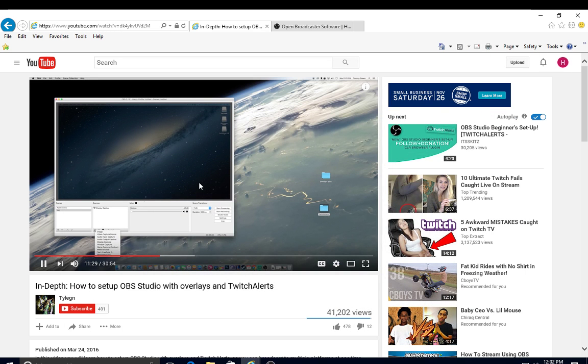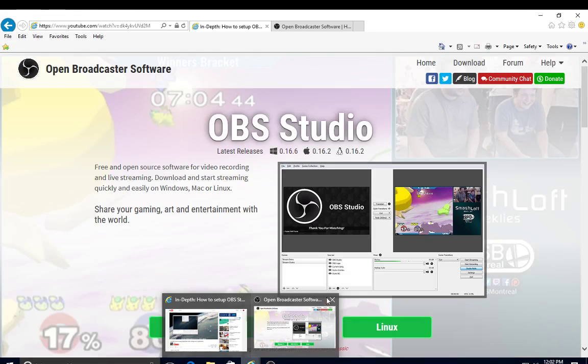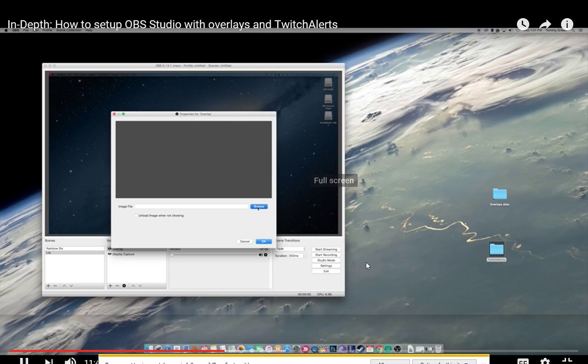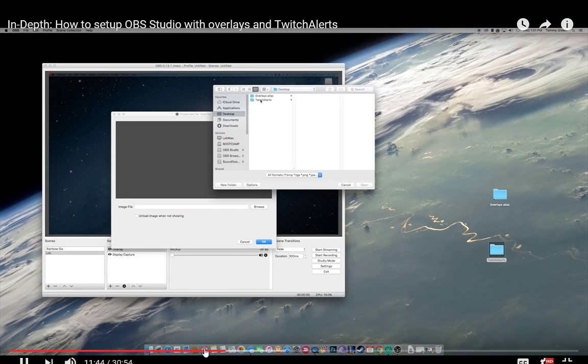Just a moment. But first, we're going to go ahead and add an image, which is going to be our overlay. And we're going to name it appropriately, overlay. Click on Create New. We'll click on Browse so that we can navigate to our file, which, like I said before, I keep